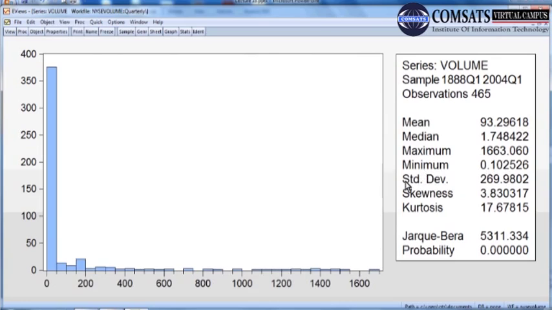So a median of 1.7 means 50% of values are below this and the other values are above this, the 50th percentile. There were 465 observations, so 50% of these observations are below this value.